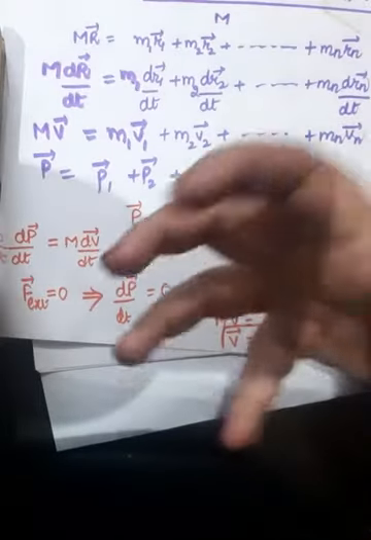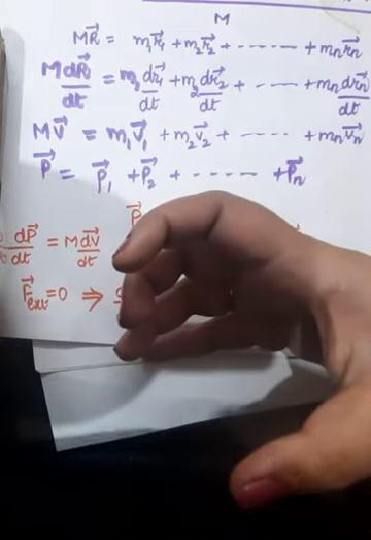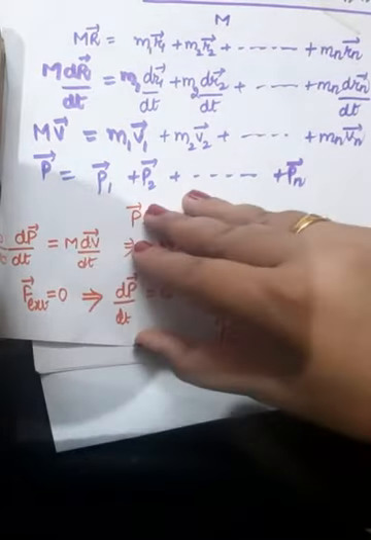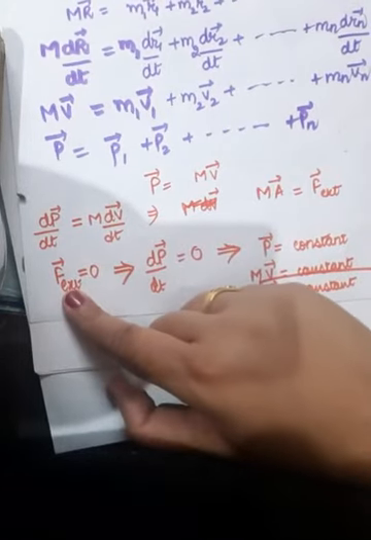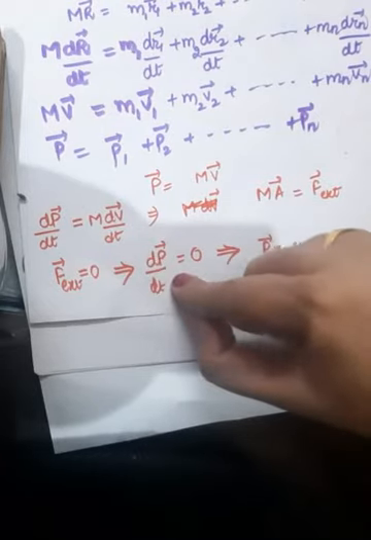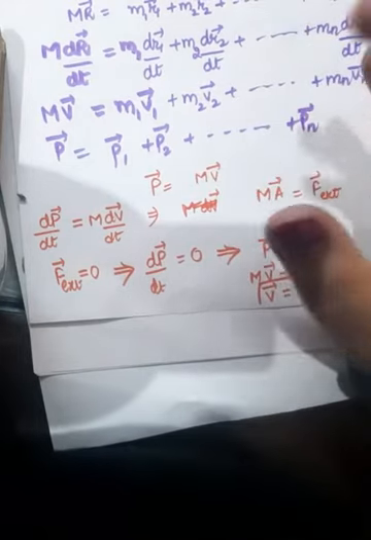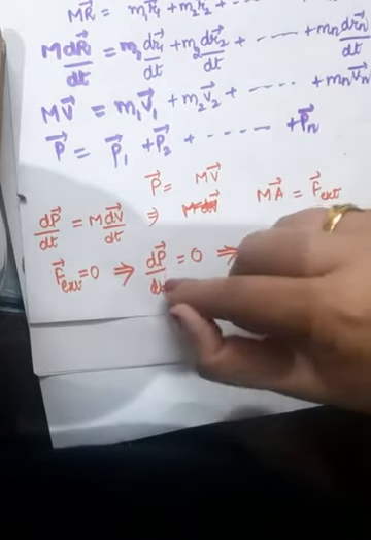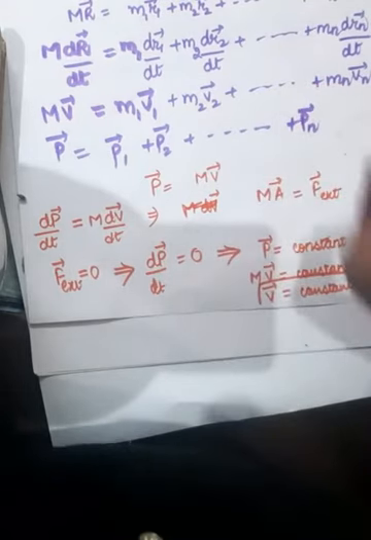So this means whenever I am applying an external force on the system, then the center of mass of that system will change its momentum, right? And if external force is 0, that is, there is no external force acting on the system, then the linear momentum of center of mass of the system is conserved. Although the other particles may be moving here and there, they can have individual momenta, but their individual momenta will be cancelling each other, so that the total linear momentum of center of mass remains conserved.